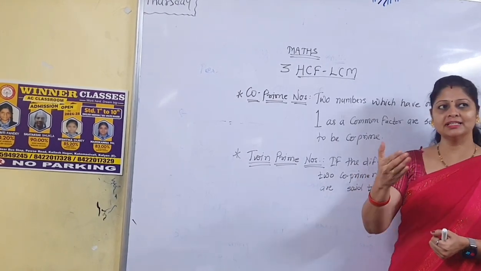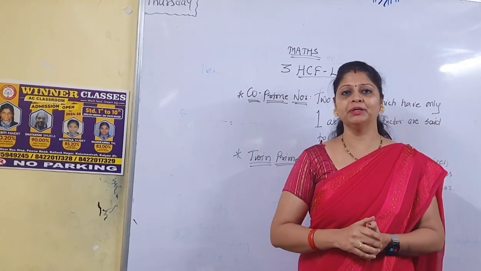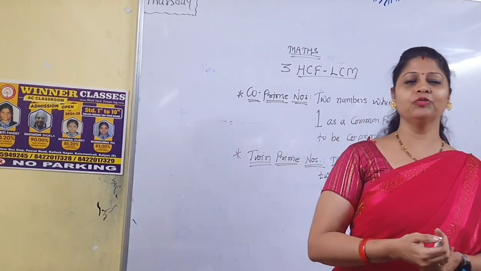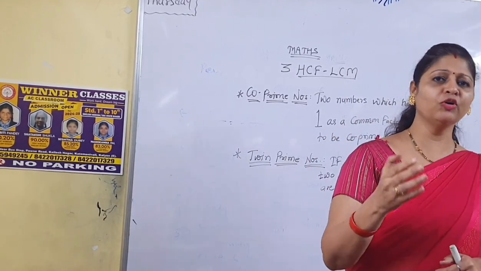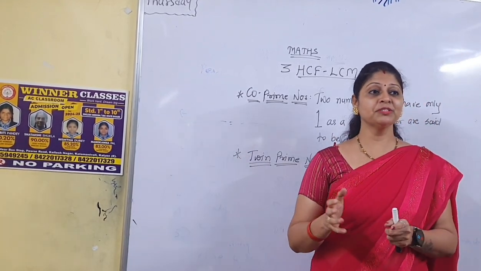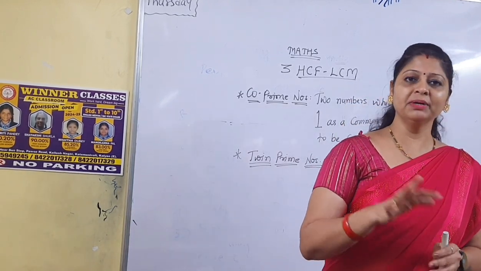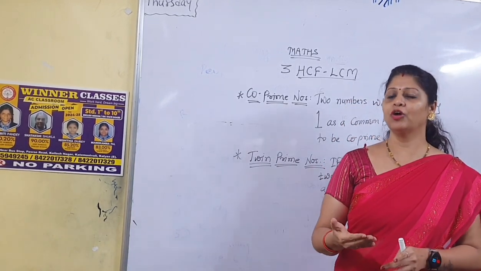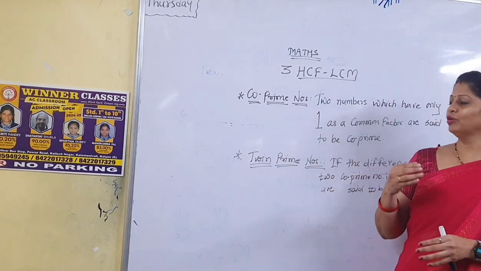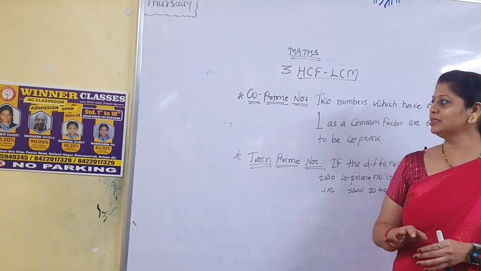Okay, so first of all we have to recall something. The first most important thing is the prime number. I think from 5th standard onwards we learn about prime numbers. Now what is meant by prime numbers? Prime numbers are the numbers which are divisible only by 1 or the number itself. Those numbers are called prime numbers. So I think we all know about the prime numbers.